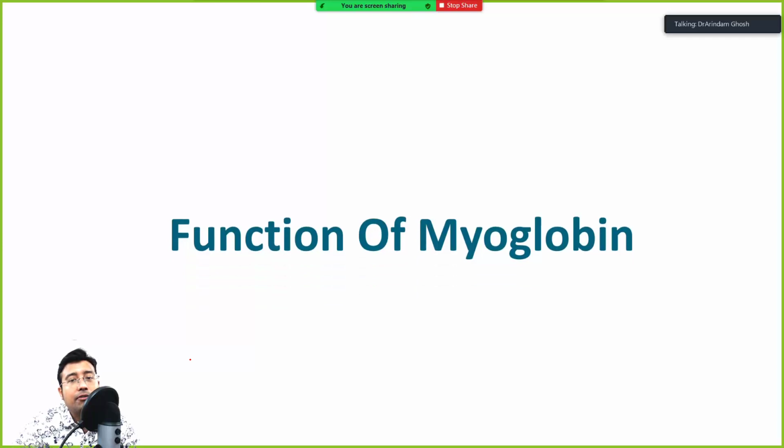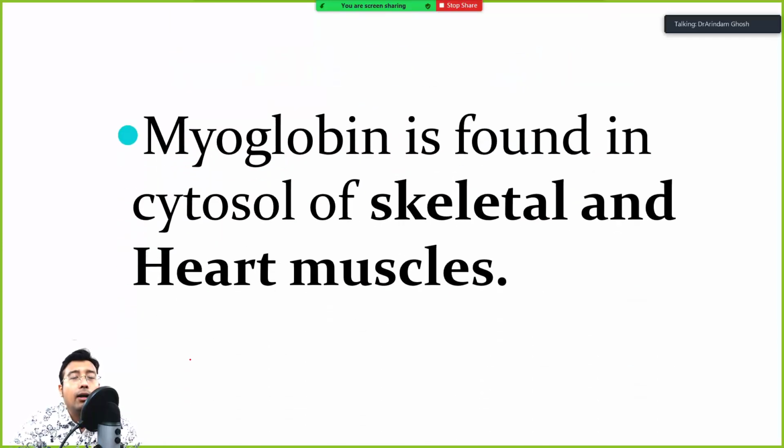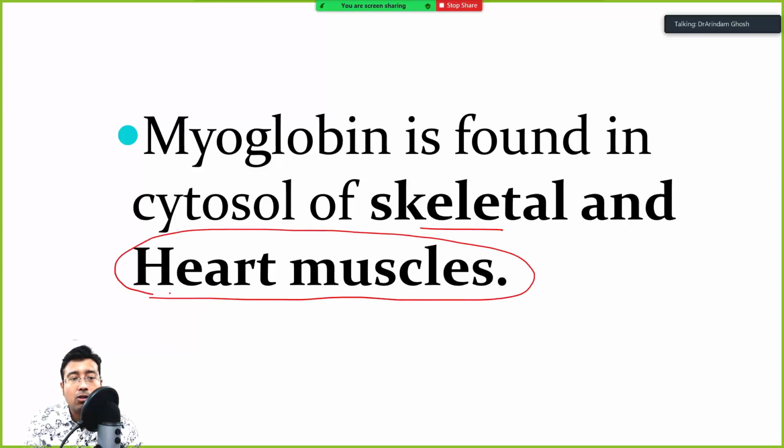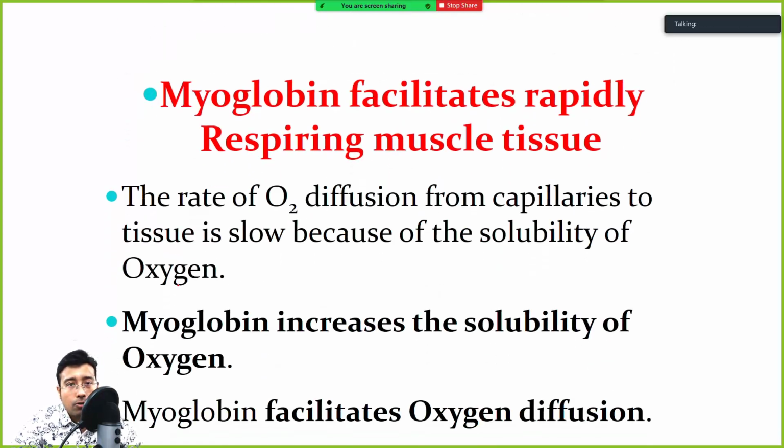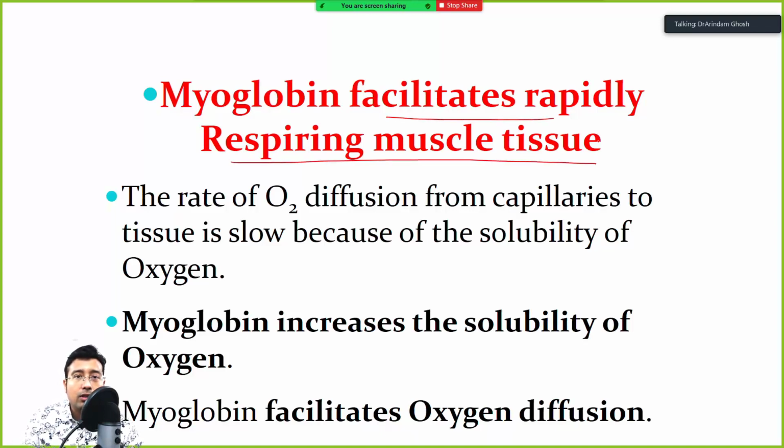right? So what are the functions of myoglobin? What does myoglobin do? Myoglobin is found in the cytosol of skeletal and heart muscle mainly. This is the main area. In skeletal muscle it is also found, but not as much as compared to heart muscle. So myoglobin facilitates rapidly respiring muscle tissues. So muscle tissues that are working very hard, for example heart, okay,